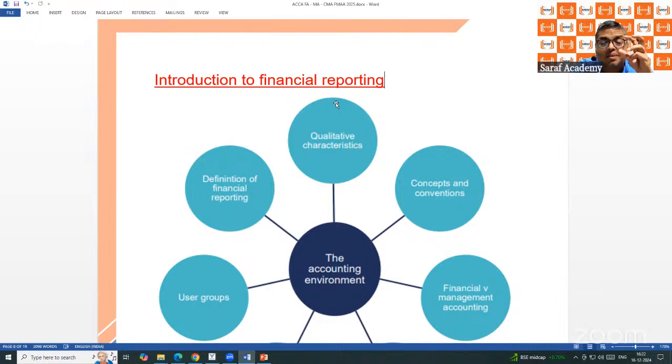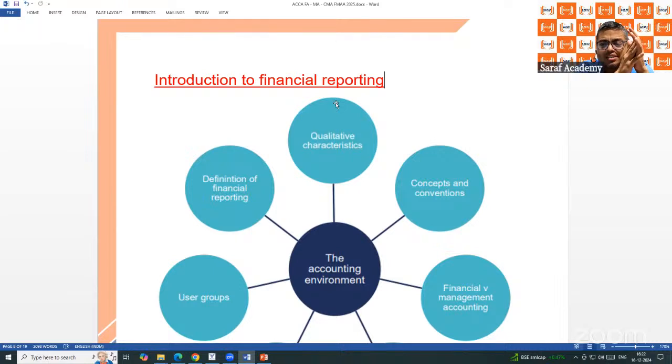But the summary will be proper only when the recording is correct. When the recording of transactions is not correct, then the summary of the financial statements will never be perfect. The summary will not be correct. The summary will not be available. The summary will not be understandable. Accounting is saying that we will deal with recording and classifying the transactions, and we will deal with how to prepare the summary also.